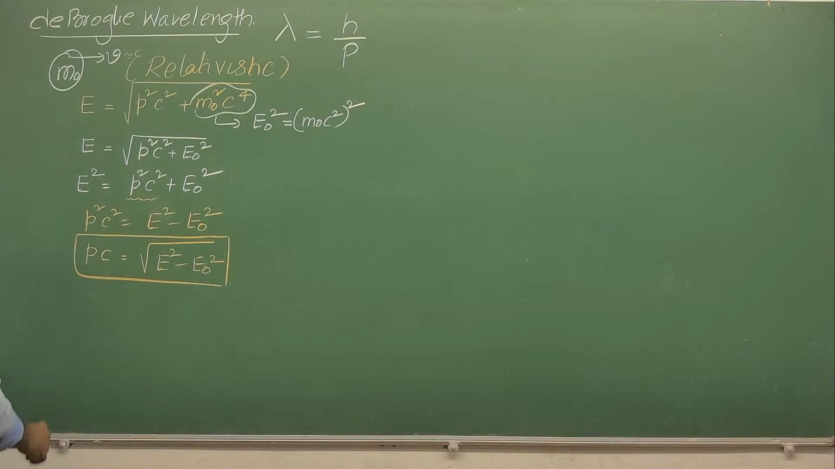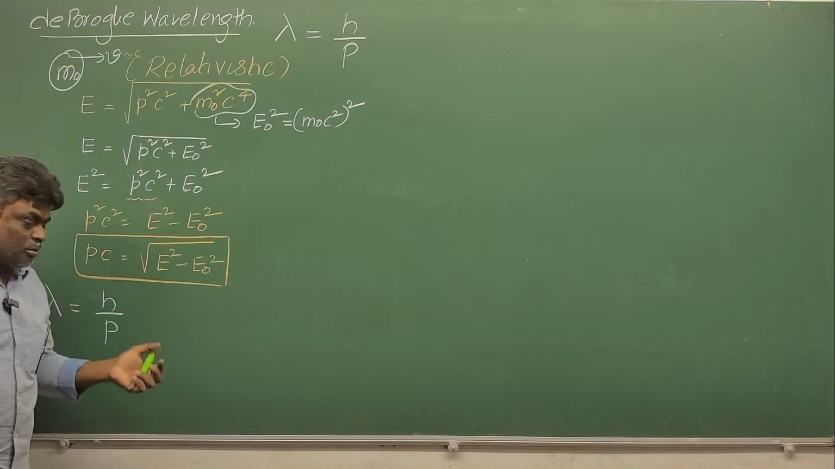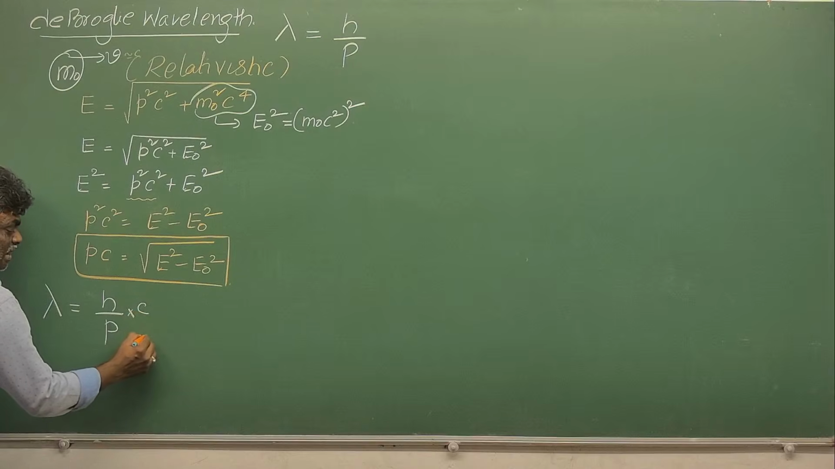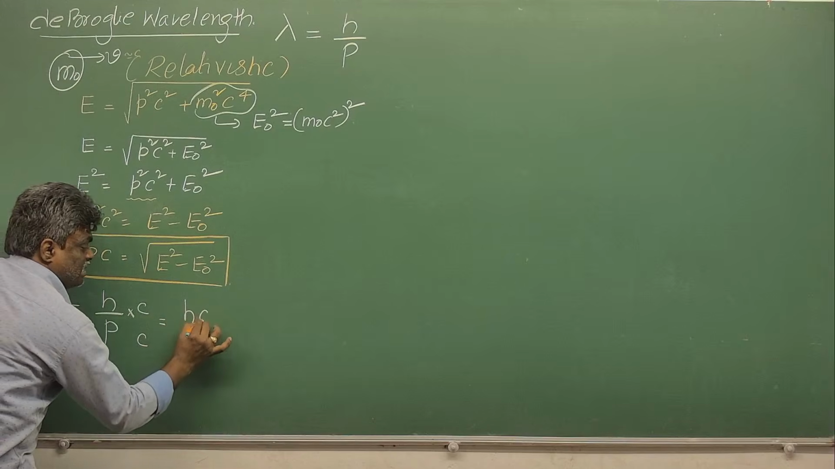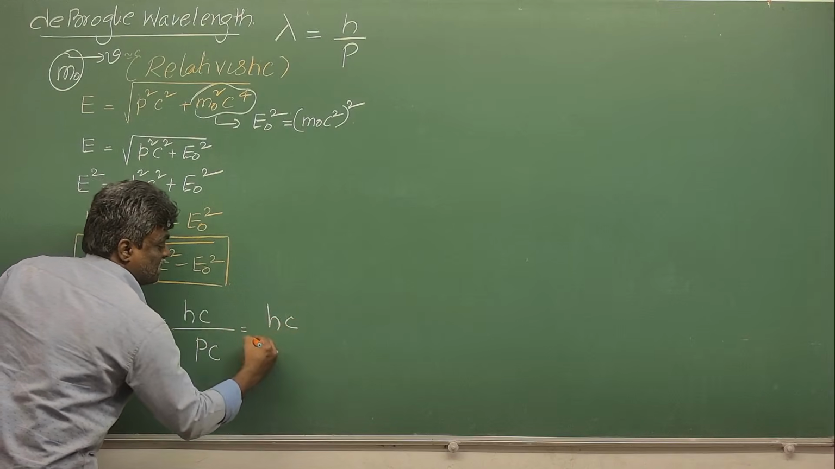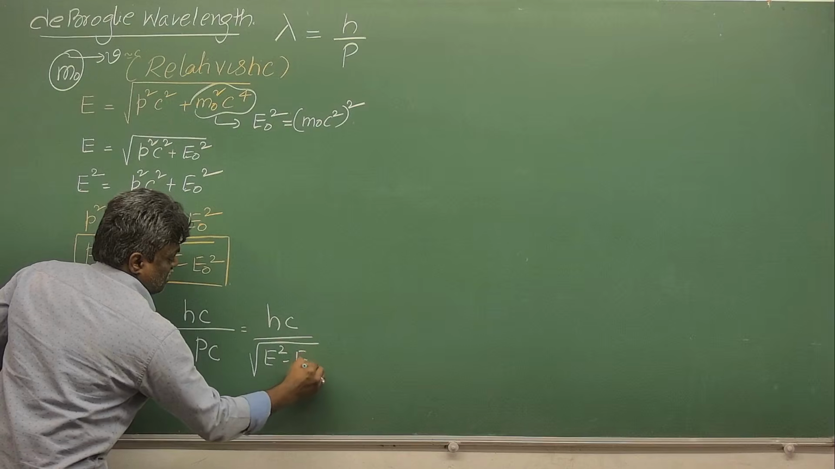Now once again go back, what is the de Broglie wavelength for any particle? h by p, except photon. For a photon, it becomes c. Right. Now I would like to multiply with c and c. Any trouble? No. So that's why hc over pc. Come on, say hc over the square root of